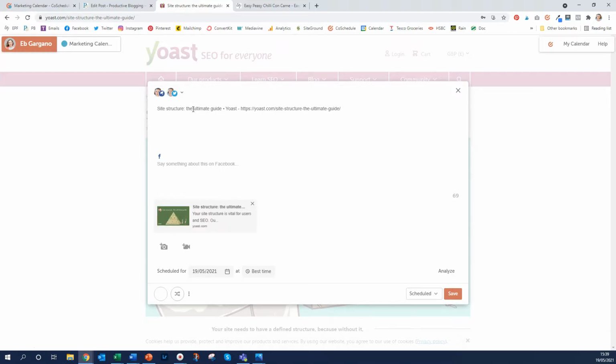And I'm going to now create a post. So let's just create something really simple here. Check out this really great post on site structure by Yoast, for example. And you can see here that it automatically tries to find who it is that you mean when you've typed in @Yoast. Obviously I meant Twitter Yoast because this is my Twitter message. So that's automatically popped in there, so I know that I've got the right